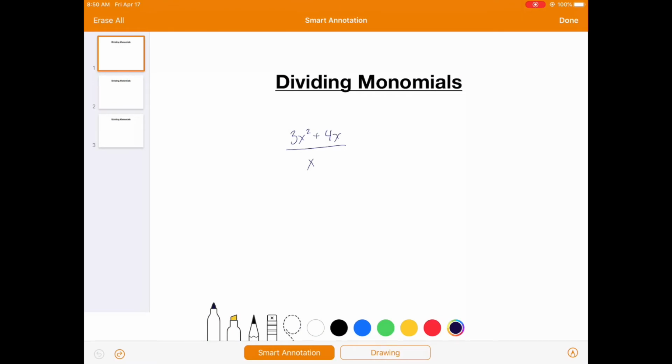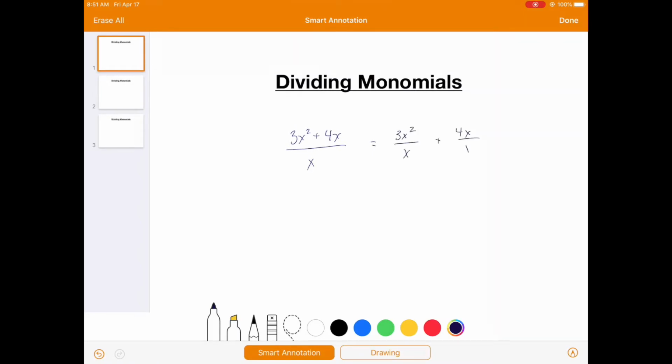In this video, we're going to take a look at dividing monomials. We're just going to jump right in. When we divide monomials, basically what we're doing is we're dividing each of the terms in the numerator by the term in the denominator. So what that means is that we can rewrite this as 3x squared over x plus